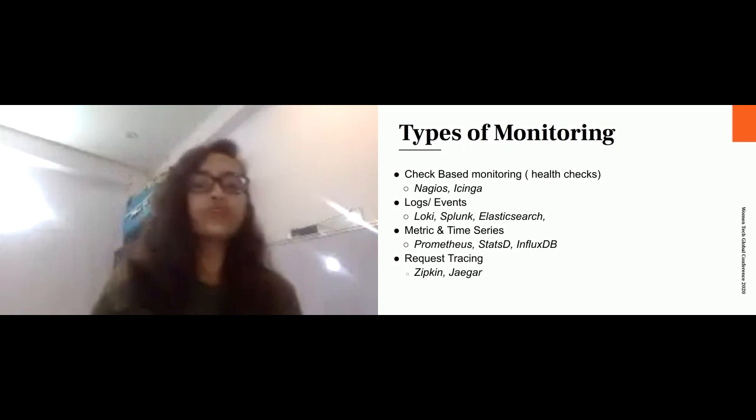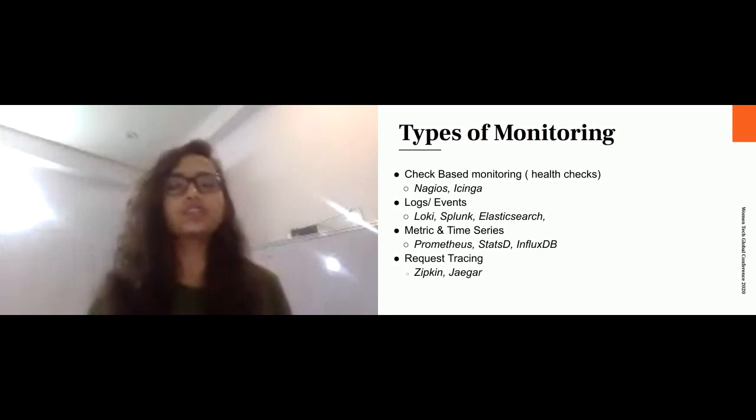And there's also a lack of inter-service correlation. It doesn't solve the problem. If you want to correlate different log lines from different services that correspond to the same request, this is not going to handle that.